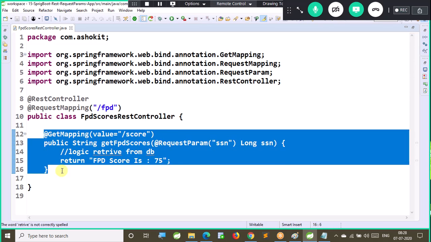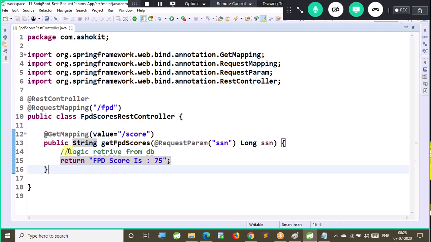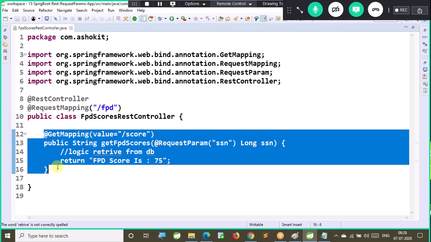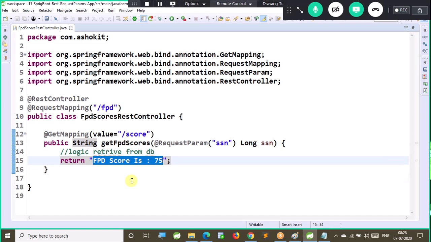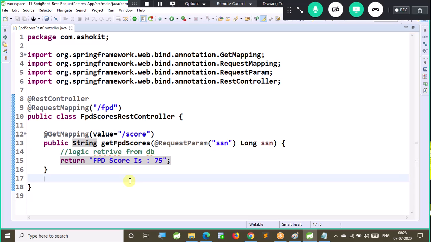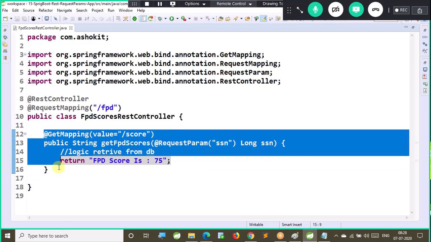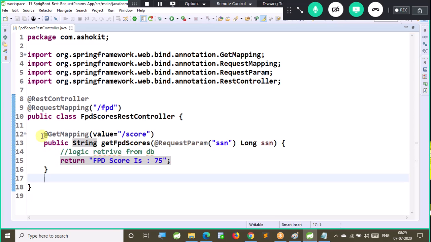When we need to bind our methods to the GET request method, our method wants to send the data to the client. So understand that. If our method wants to send the data to the client, then we will bind our method to the GET request method. From the client standpoint, the opposite direction, the client wants to get the data, then the client will send a GET request. Now, the client wants to get the FICO scores of a particular USA citizen. Every USA citizen will have a unique SSN number. Based on the SSN number, he can get the FICO score of that citizen. So this is a GET request.